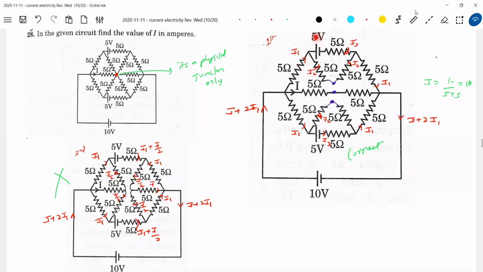Whether this will charge or discharge, how can you say? For that we should write loop equations. So how many unknowns are there? I1, I2, and I3. So write one loop equation here, then one loop equation like this, then one more. Three equations are needed. Solve them and you'll get I1, I2, I3. Based on that, if I3 is negative, it will be discharging. If I3 is positive, it will be charging. They may ask whether these cells are charging or discharging. Only the direction of current will tell us.